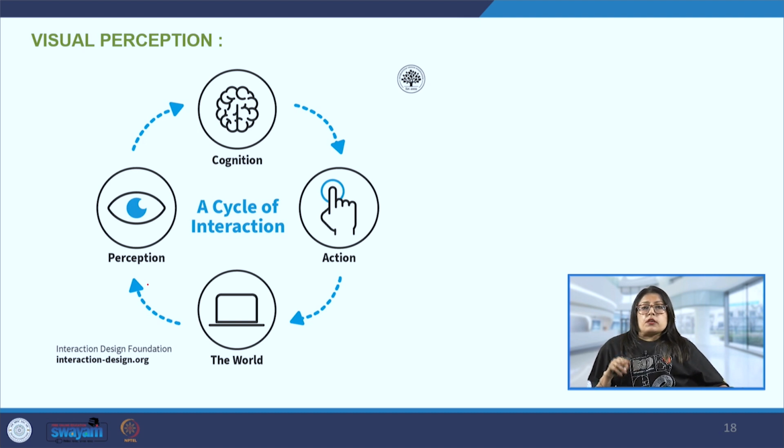So, we'll be browsing, we'll be scrolling through the pages, looking at different pages, clicking buttons. And for example, if we are looking for support and we are not able to find the support button, we will get frustrated at some point. But when the information is laid out properly and easily for the eyes and brain to perceive, then we can quickly find the support button. So, that is why it becomes very important in the design process that we include this understanding of the stimulus that is perceived by the eyes.